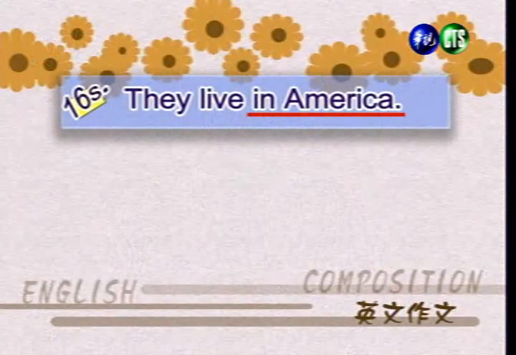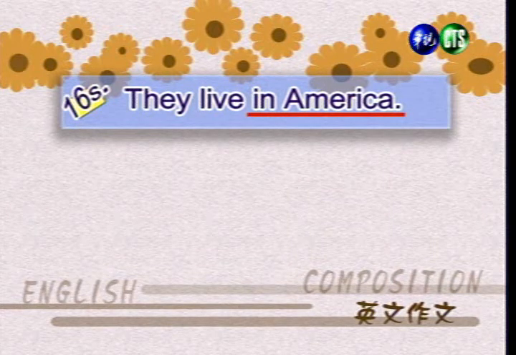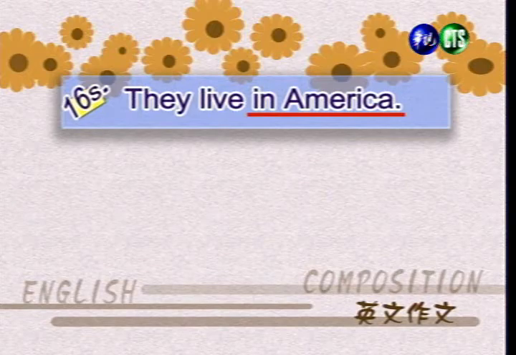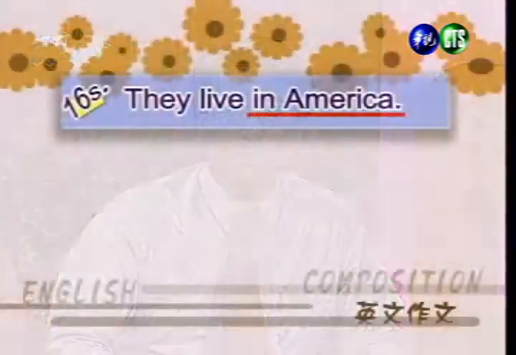Right, now let's take a look at another sentence. Look at sentence 16 on page 19 of your textbook. 好，我们接下来来看看第19页的例句16。We have this sentence, they live in America. 例句16，他们住在美洲。We are going to make a question out of the object of the sentence. So in America is the object of the sentence. 好，在这个例句中呢，我们要以句中的受词来写问句，所以我们看到 in America 将会是问句的答案。